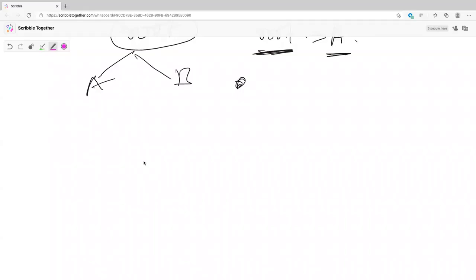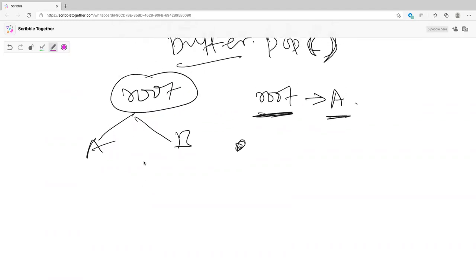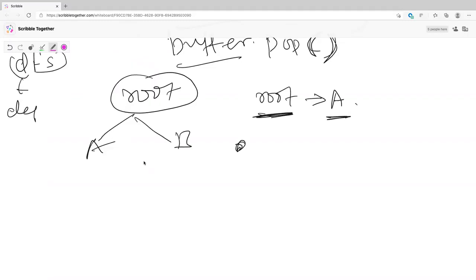Do you mean an empty array? A and B are the two branches at this level. You put that in the indices. No, that is not my question. We are doing a DFS. Is that clear? What is DFS? What is the full form? Depth first. So what does this mean? Depth first search. You're going to the next level.